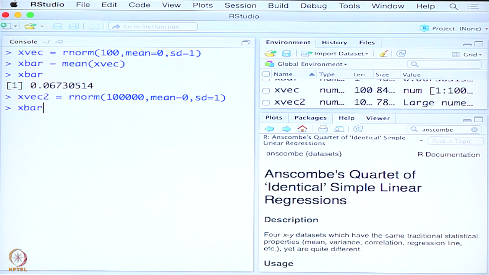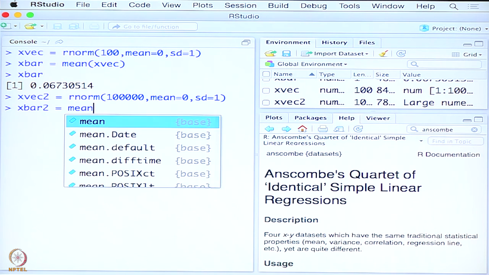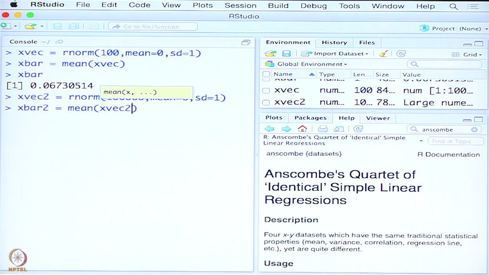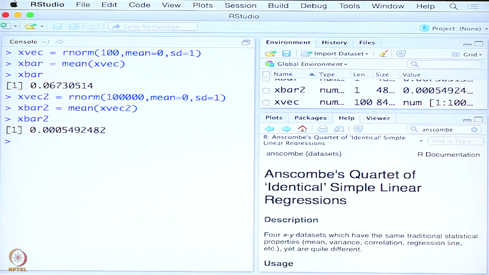Now, let us compute the sample mean from this fresh data. So, what is x bar 2? It is very small, but it is not 0, and this is going to be the case. You may increase the number of observations by one more factor of 10, you will get a lower x bar, but it will never hit 0.